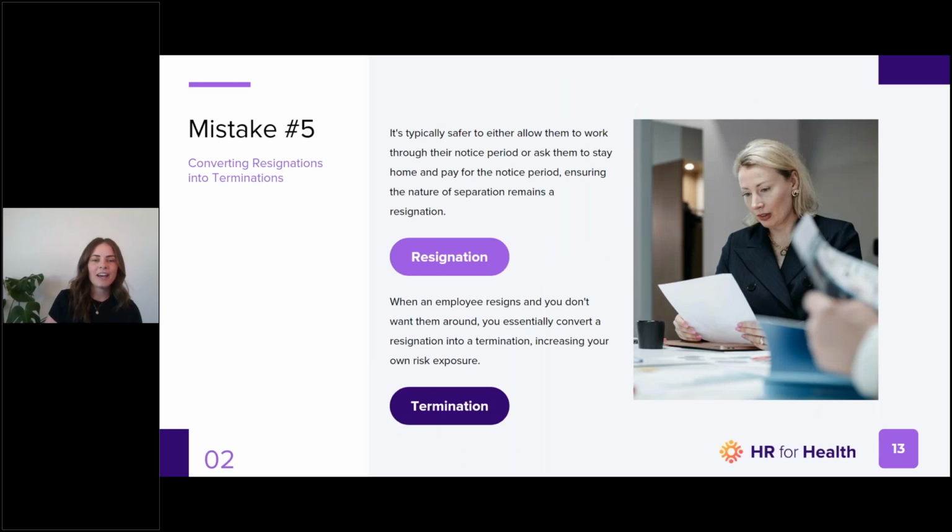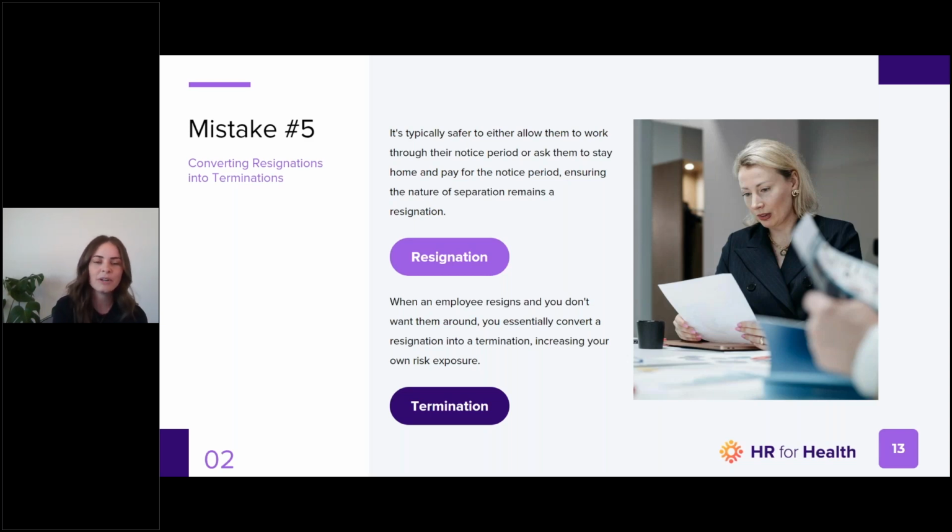Okay, mistake number 5. So this one is a little tricky. So in this case, converting a resignation into a termination. So maybe you have a troubled employee that you're planning to terminate, you're thinking about it, they've had performance issues, but you come in one day and they have the resignation letter on your desk. So that's good. Resignation is always going to be safer than a termination because it's the employee saying that they are ending the relationship. Not saying it's completely risk-free, but for the most part,